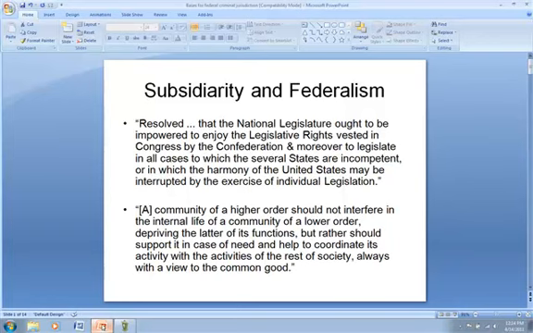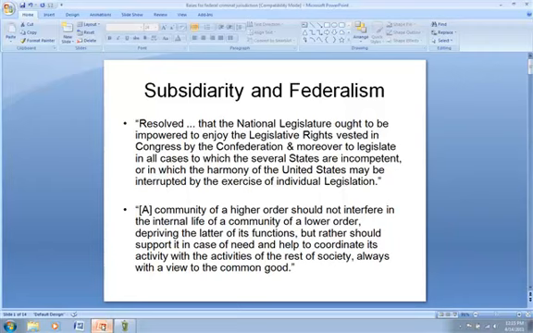Well, it means that society should be ordered in such a way as to allow lower-level institutions to perform their proper function, and higher-level institutions should only come in where necessary to preserve public good. So if you think of it, you can start at the very beginning and say, what the family can do on its own, the family should do, and the state shouldn't intervene except where necessary to protect and preserve the family or individual members thereof. Similarly, what the local town can do, it should do, and the state shouldn't intervene. What the state can do, it should do, and the federal government shouldn't intervene,